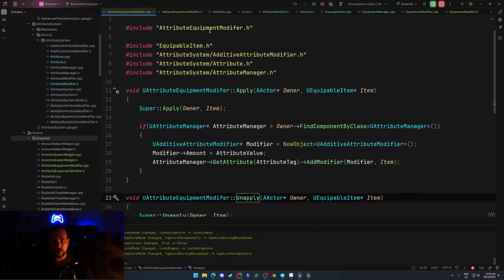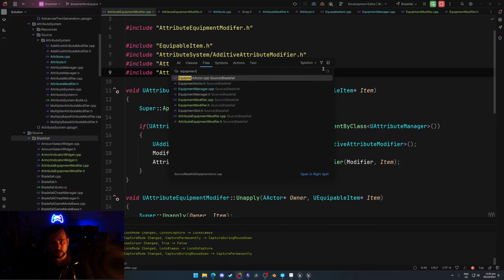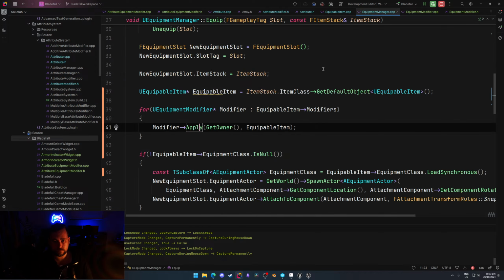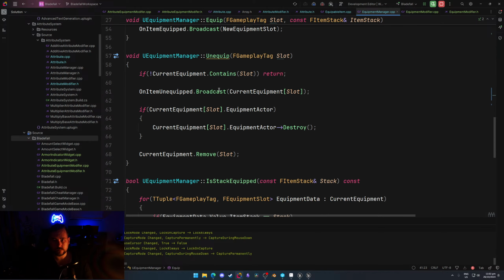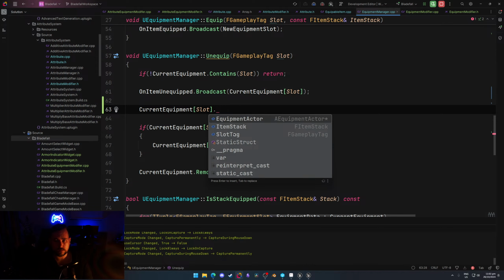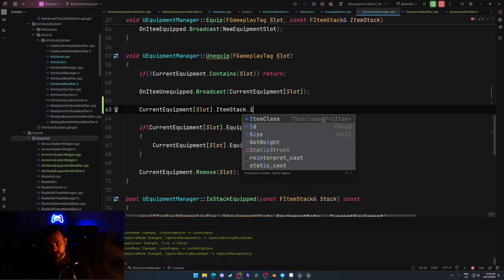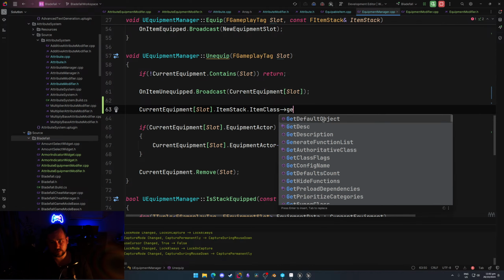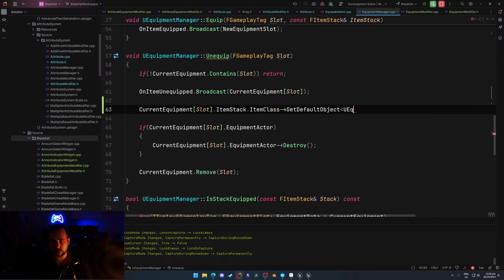We probably need to call unapply. That's probably why. Current equipment dot item stack dot item class. Oh god, here we go again. Default object equipable item. Okay, yeah, this is going to be some crashy code, but